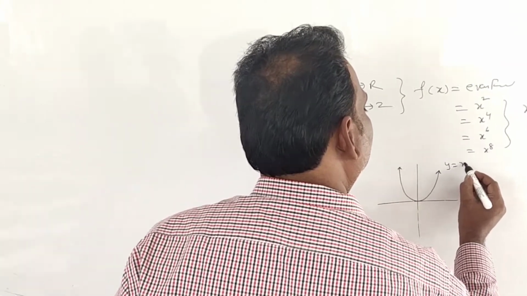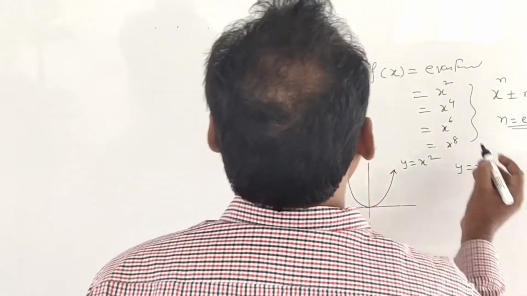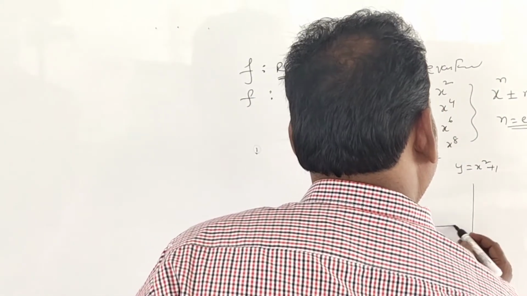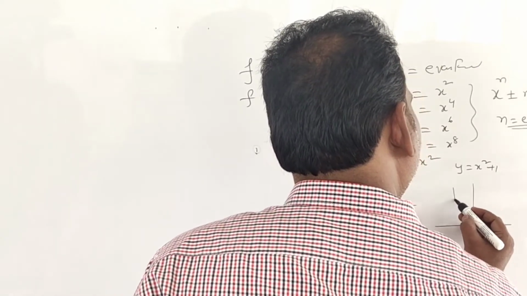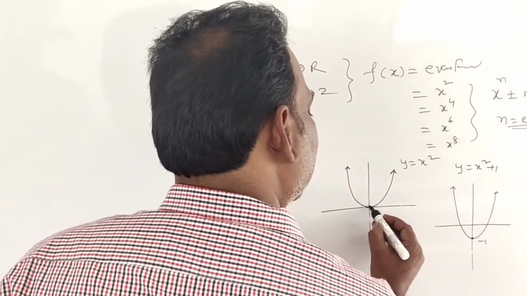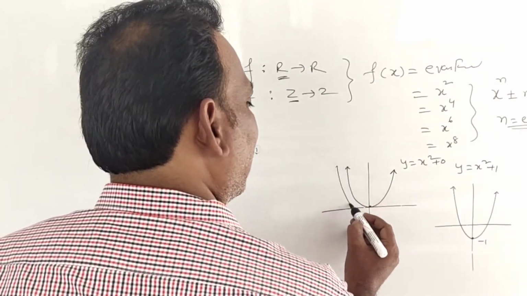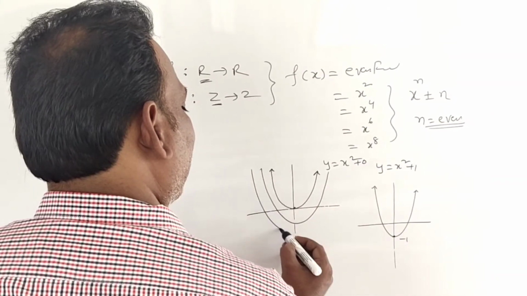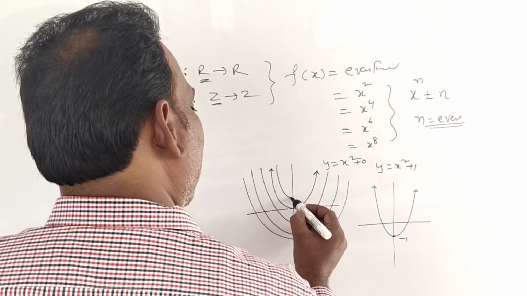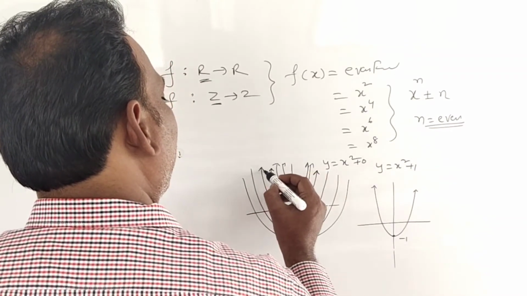The easiest way: f of x is equal to x square, a parabolic function, correct or not? Y is equal to x square, this is. Now it is given y is equal to x square plus 1. Y means nothing but f of x only. F of x is y, you know very well. So this graph will come at -1. This is at 0. Why? Because x square plus 0, that's its meaning. So x square plus 1, x square plus 2, x square plus 3. Suppose x square -1, x square -2. These are called a family of parabolas.